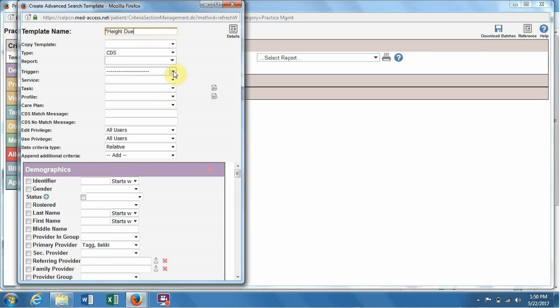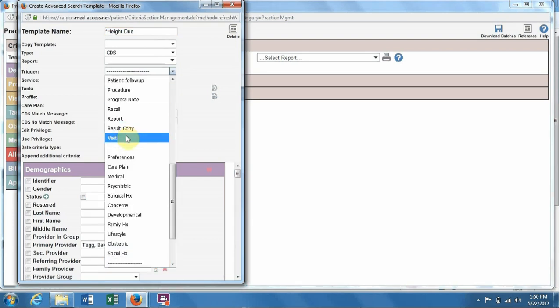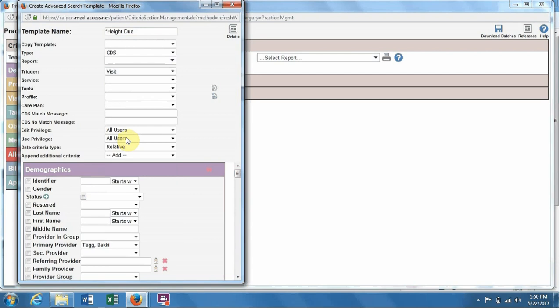So when we look at the trigger, this is the event that causes the notification to appear. Most usually, the most common one is visit, so we'll just go with that. There are lots more to get into, but not in today's video. And then the next thing that we see down here is CDS match message. So this is the message that will display on the patient's chart if this criteria that we're setting is satisfied. So let's put on here